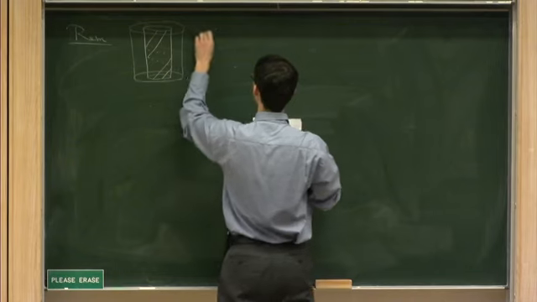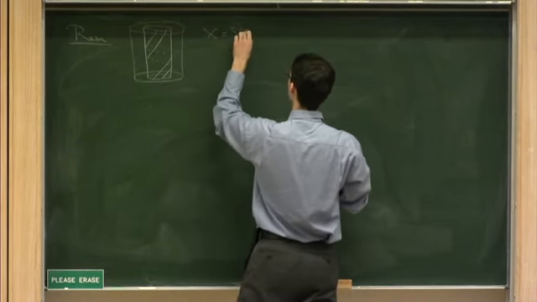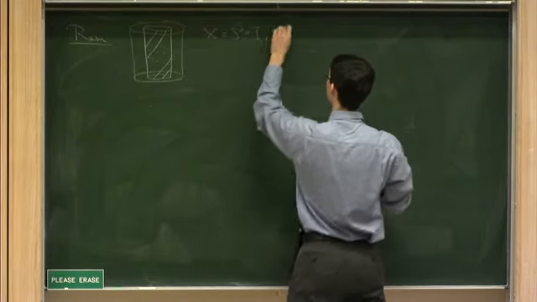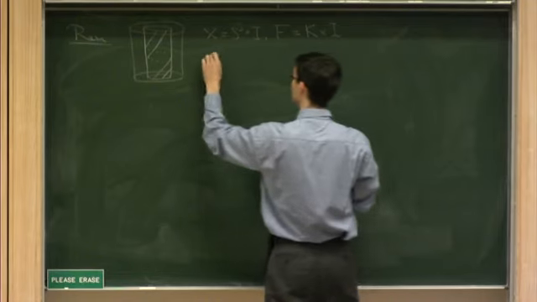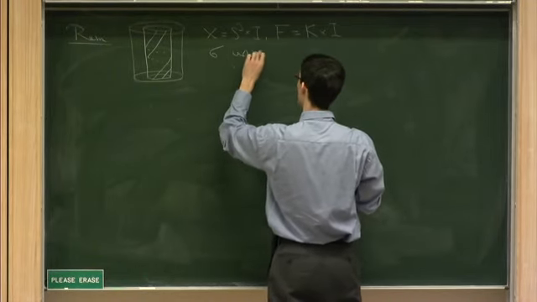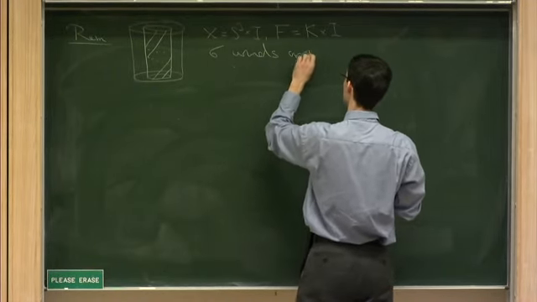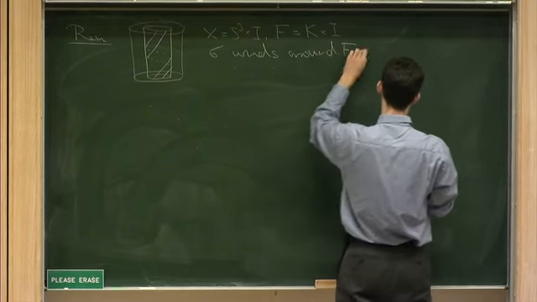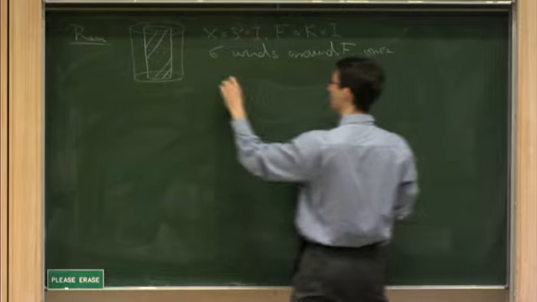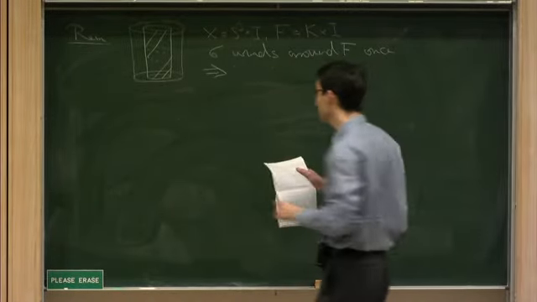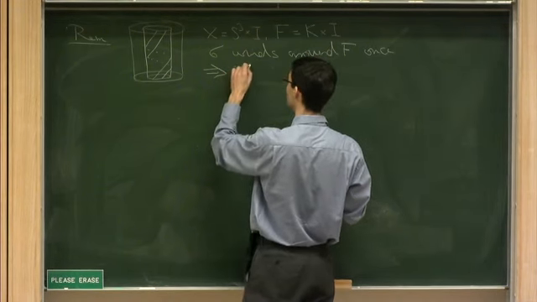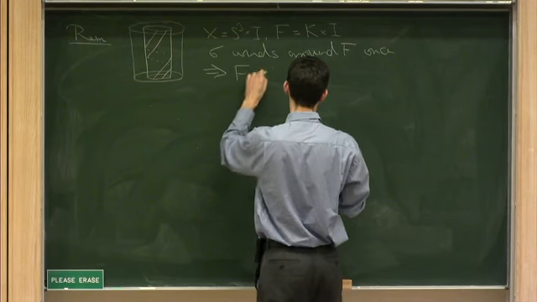So X is S3 cross I, F is K cross I, and sigma winds around F once. Then, just using standard TQFT arguments, you can show that the map induced by this concordance